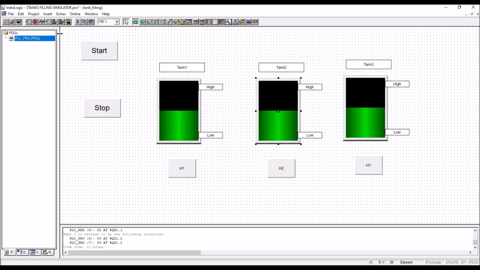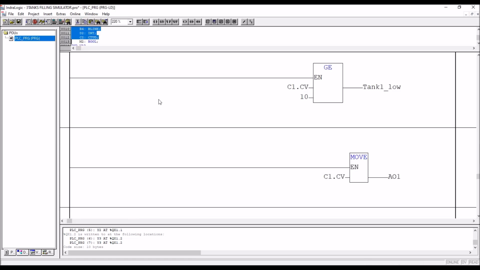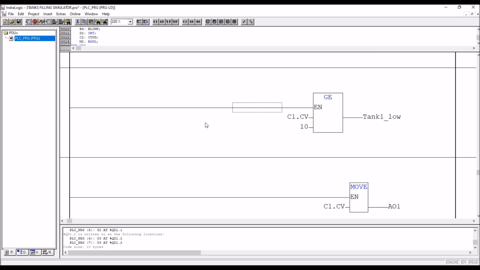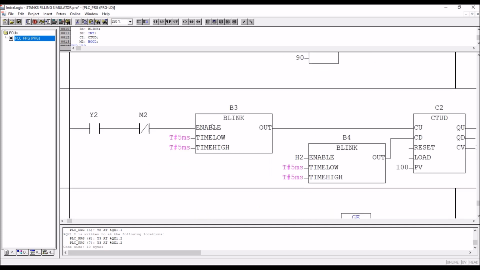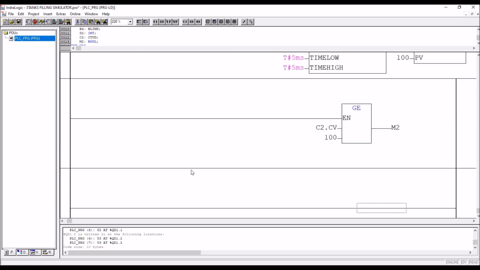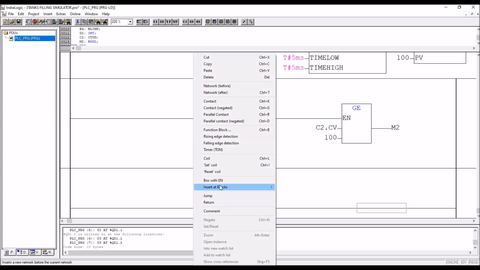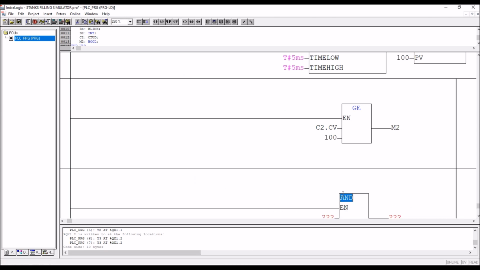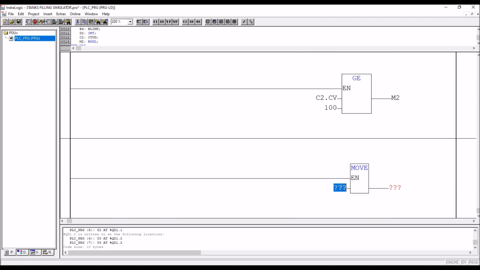And this tank variable is, okay, that I have not taken. Actually I am going very fast here. See, we forgot to move the value, right? We have taken the second counter, but we should move the value of second counter to where? So we have to take a second analog output. It is move option. Next, what do you want to move? C2 value dot CV to where? Analog output 2,